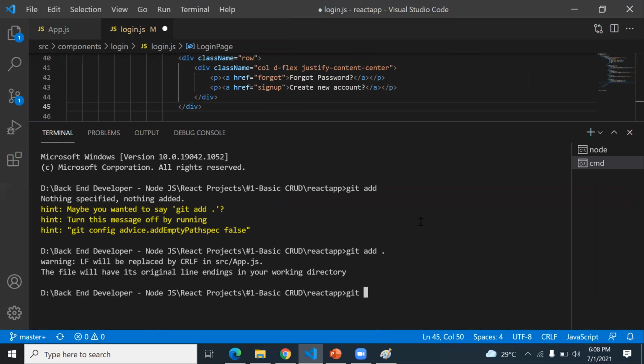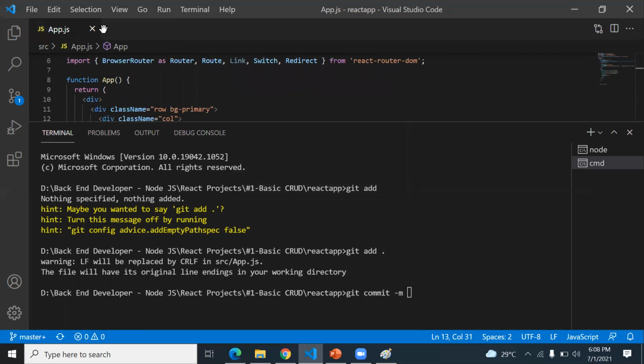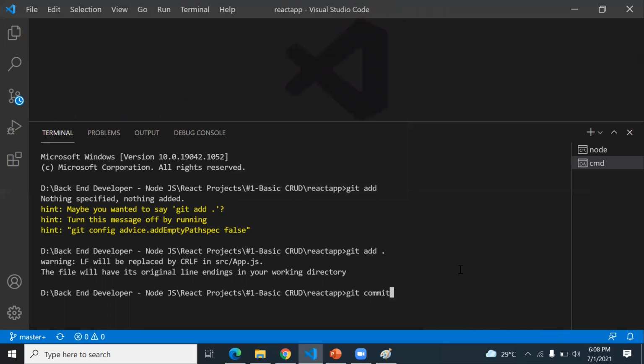The command for the commitment is git commit -m. Okay, let me close these files. First I save this, also I close. Let me type once again git add dot, then I type git commit -m, and I type added